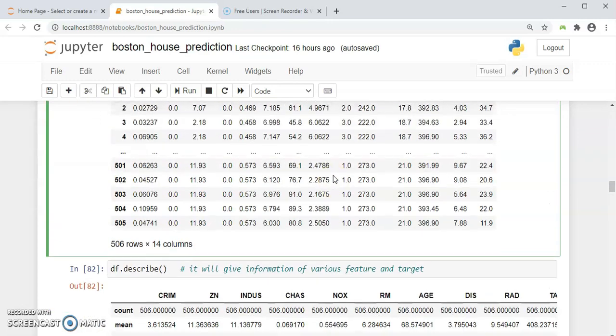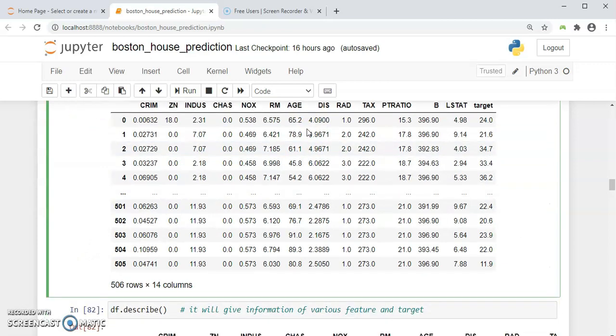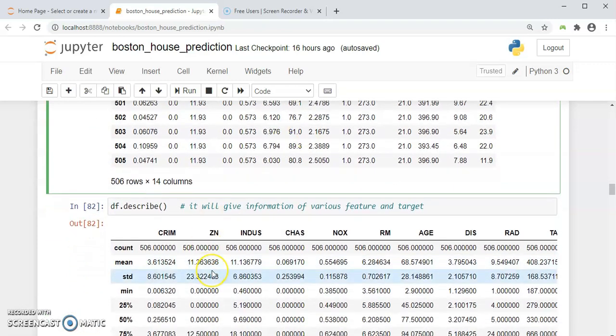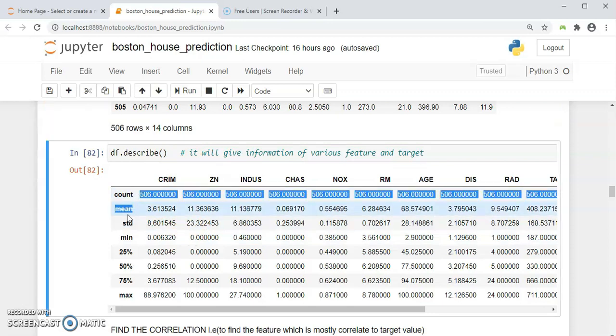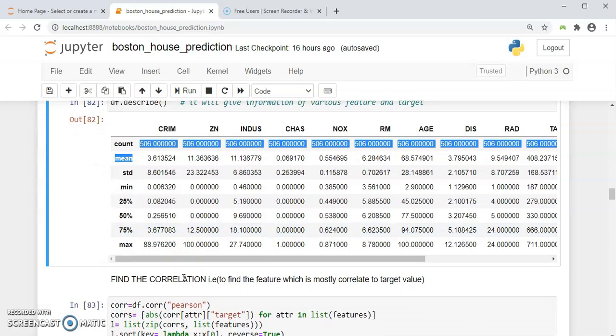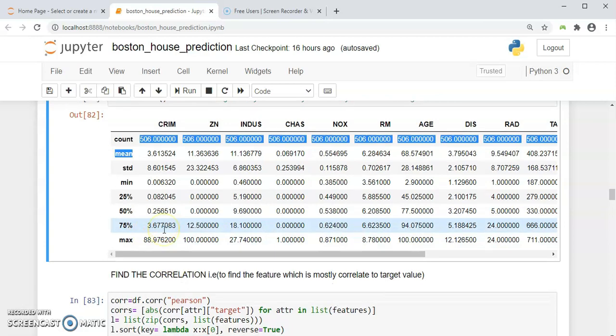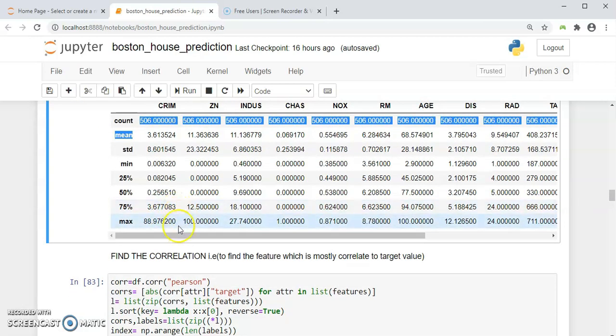As we have got our combined and concatenated data frame, we are going to have the described version of each column and target value. To do so, I am using the df.describe function. The describe function gives some parameters, which are count, minimum, standard deviation, mean, different percentiles and the maximum values. Now the percentile in machine learning, as in statistics, indicates the value below which a given percentage of observations in a group of observations falls. In this case, we can see the maximum observations are falling under the 75 percentile.